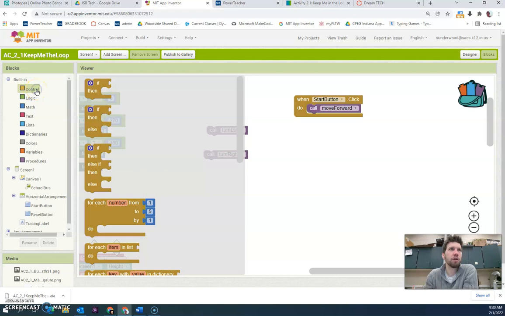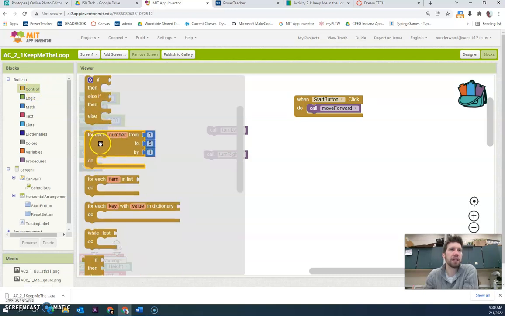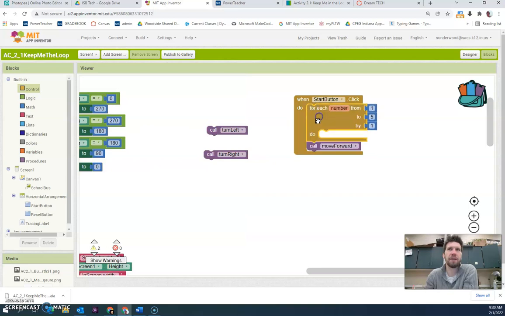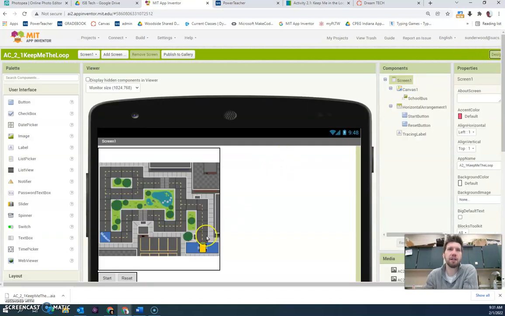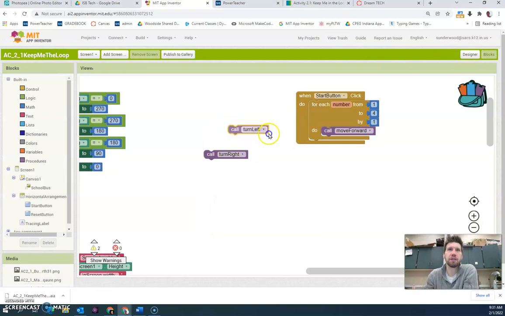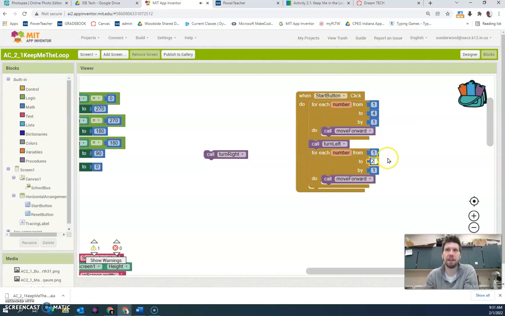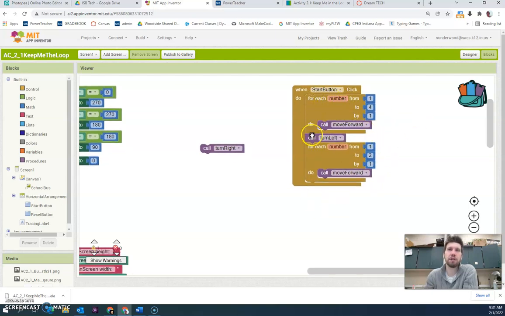So if you go back under Control, remember there's this block that says for each number, and you can set it. I'm going to move this block in here, and we said it needs to go 4 times. So from 1 to 4, counting by ones, move forward. That'll say 1, 2, 3, 4. After this block, I need to call turn left so it's ready to face this way. And then after I turn left, there's a move 2. So if I turn left, I can duplicate this, and a move 2 would be done like this: from 1 to 2, counting by ones, I move forward. That's a repeat 2. So your job is to continue this start button, and by using loops and turns and all these different things,